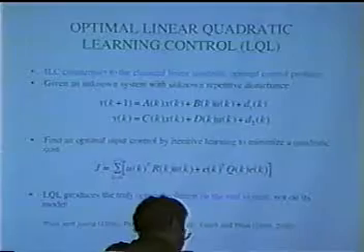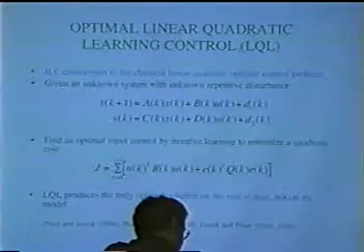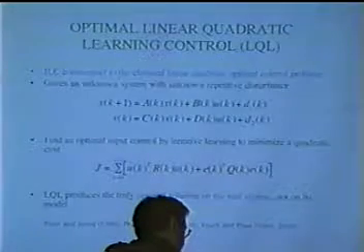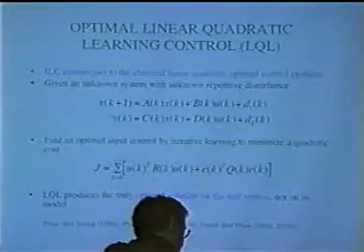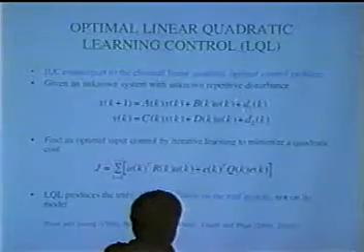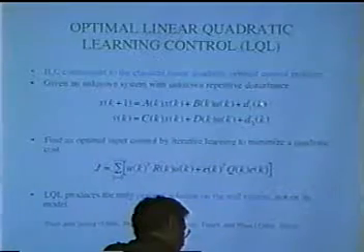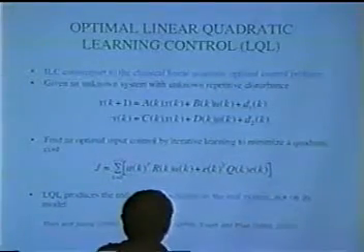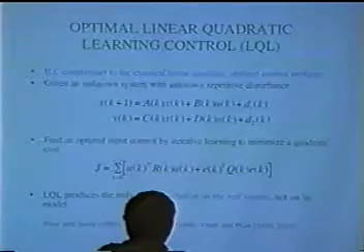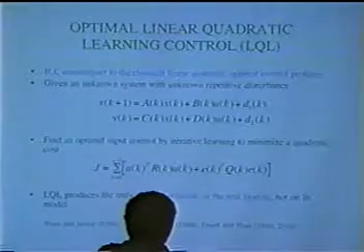So I'm going to introduce this algorithm, which we call an optimal control algorithm, learning control algorithm, LQL. So the system is, this is the problem statement. Given a system with plant and output disturbance, find an optimal control which minimizes this cost function. This is a standard cost function of the classical LQ problem. And do so by learning control. Okay, now,